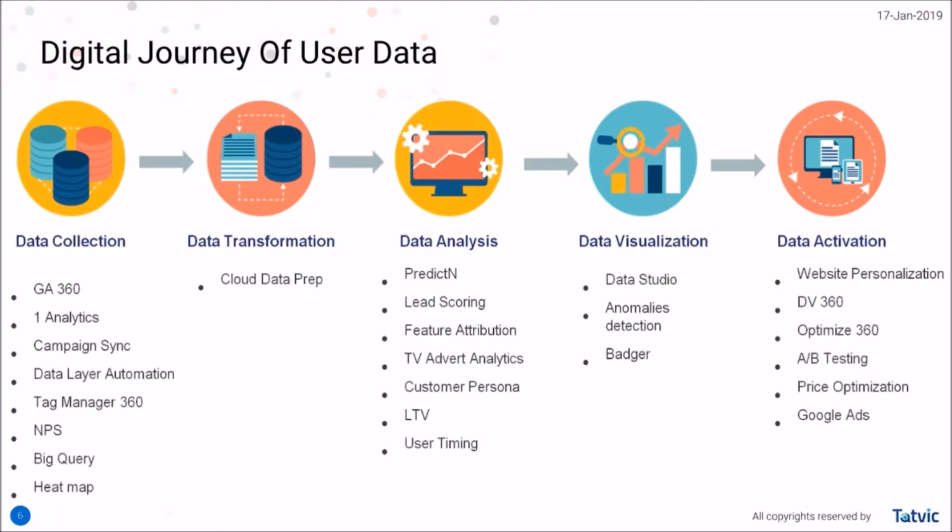Then in the transformation phase, we help our clients transform the data to make sure that it is in a presentable format by using Google Cloud Dataprep, which is one of the easy to use data transformation products. Then in the data analysis phase, with the help of Google Cloud machine learning and artificial intelligence, we